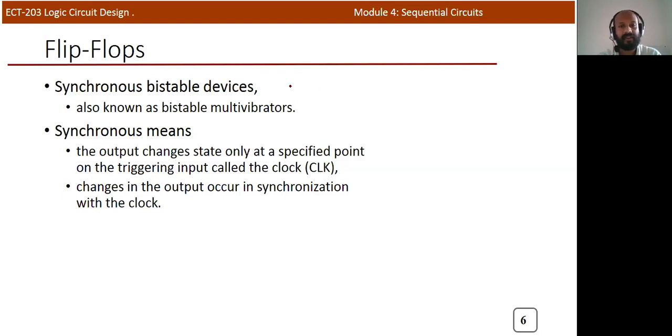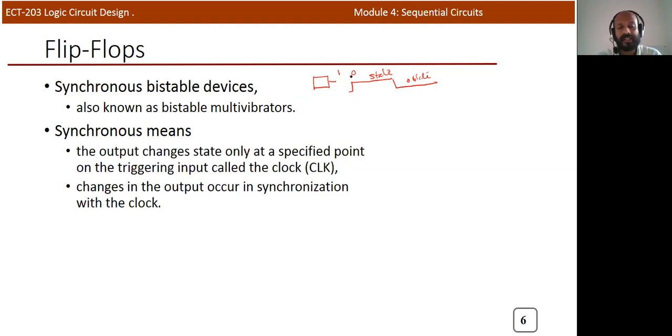Okay, bistable or multivibrators means, if you consider any digital circuit, it can produce either a logic high state or a logic low state, or we can say logic 1 or logic 0. So bistable means this particular circuit can produce a high. For example, this is the logic high state and it can continue in that particular state. So this is considered one stable state, and if you forcefully change it, the state can go to another state, that is the low state. Okay, so that's why flip-flops are known as bistable devices. So two stable states are there.